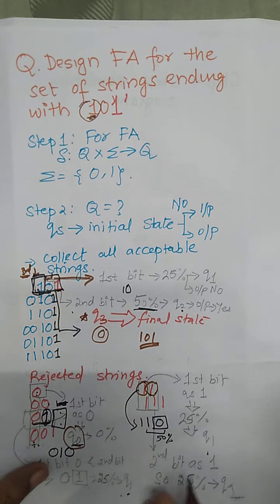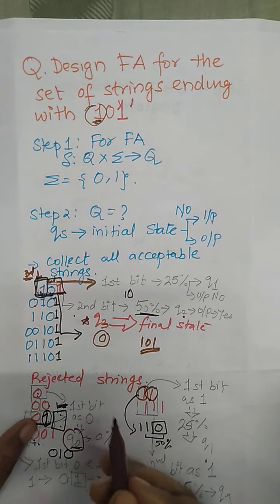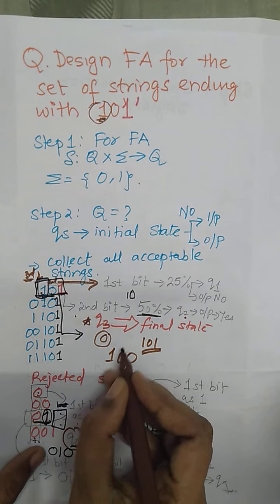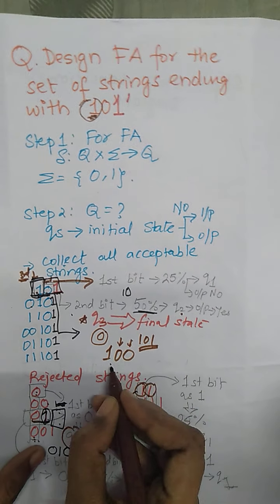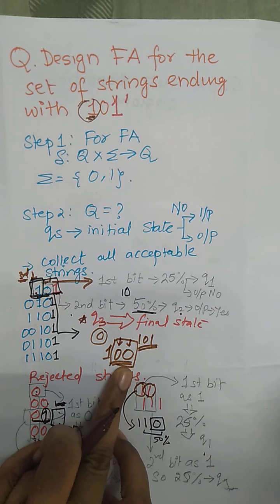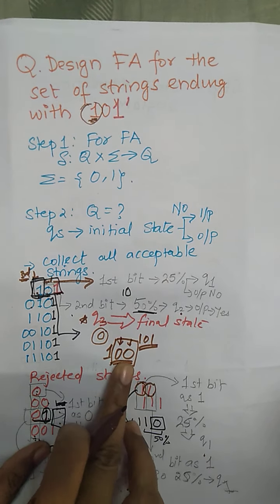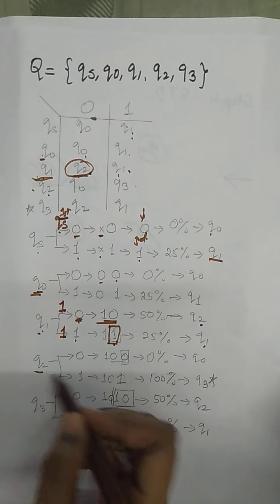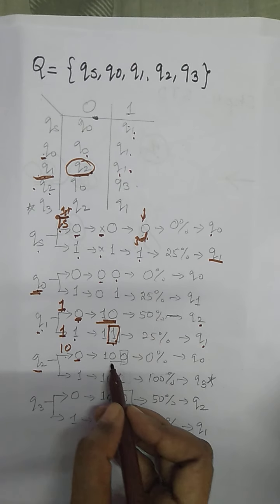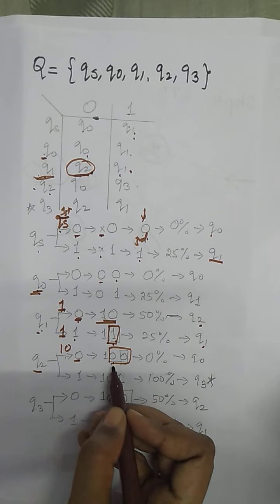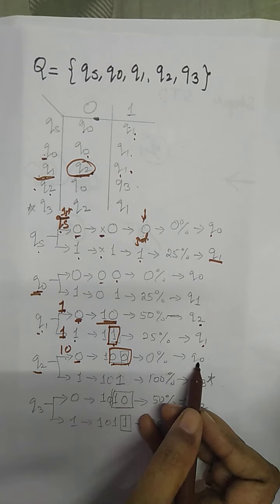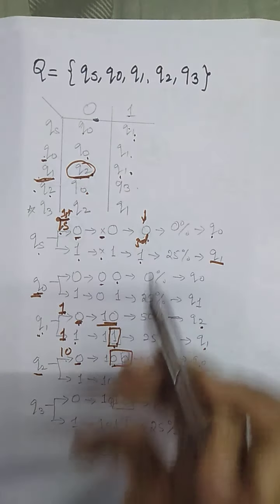And after this 1 0, if the next bit is 0, what will be the case? If 1 0 were the third and second last bits and the next is the last bit, then out of 3 positions, 2 positions are already occupied by 0 0. So that will be 100% rejection. That's why Q2 represents 1 0. 1 0 with the next bit as 0 will make 100. Out of 3 positions, most of the positions are rejected string. That's why it will go to Q0. So Q2 on 0 goes to Q0.